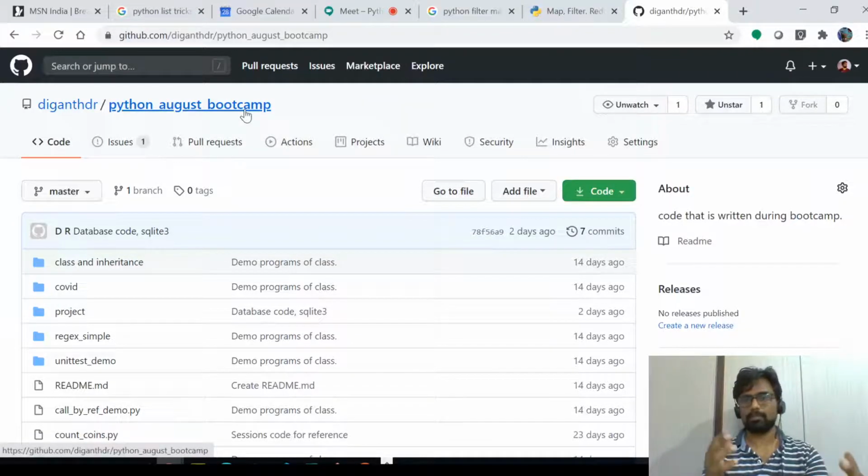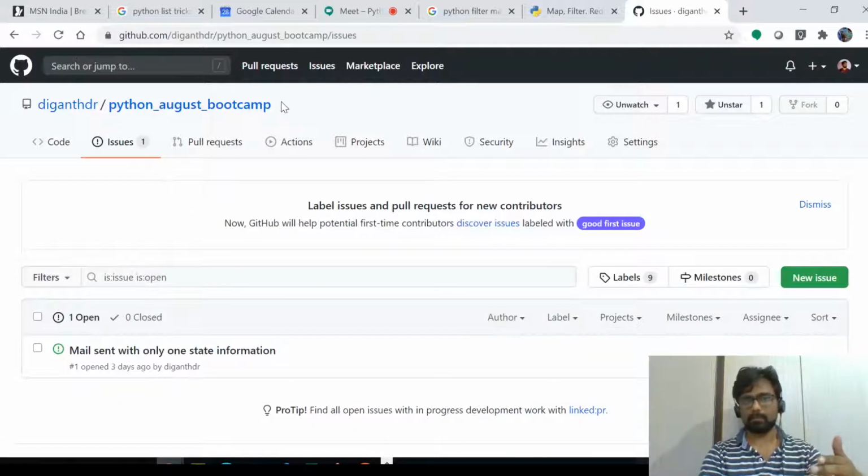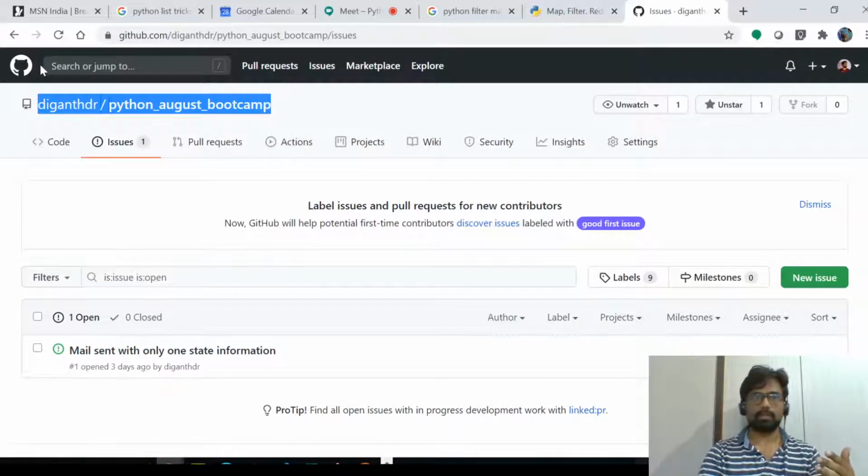So GitHub is one of the top websites which hosts this kind of open source project. Okay, so you can work on this, and if you improve your coding in this repository, you can also look up a lot of other repositories. I can show you a lot of repositories here.